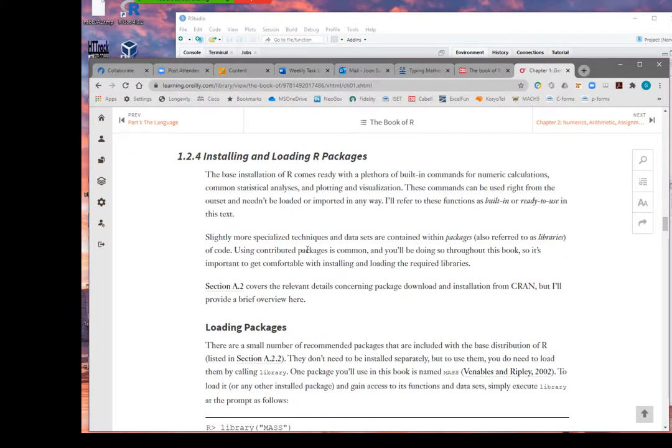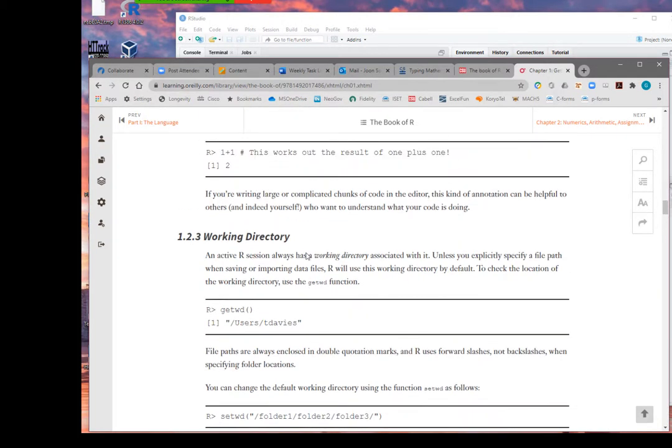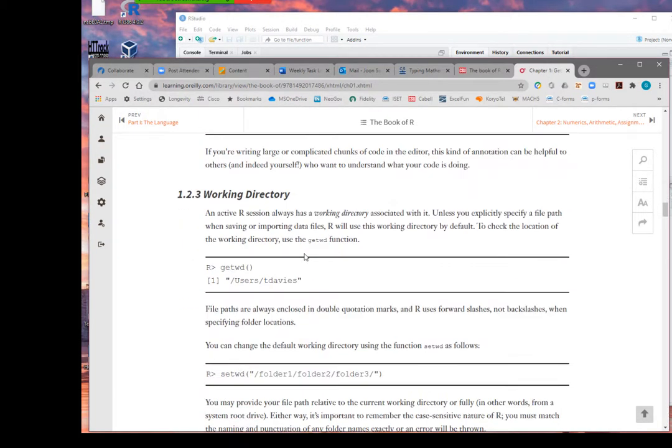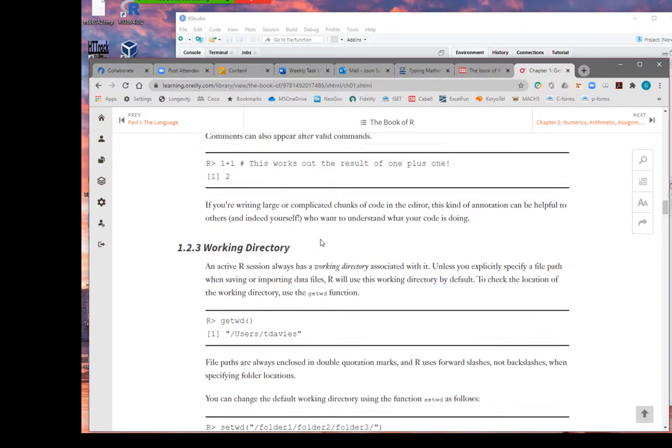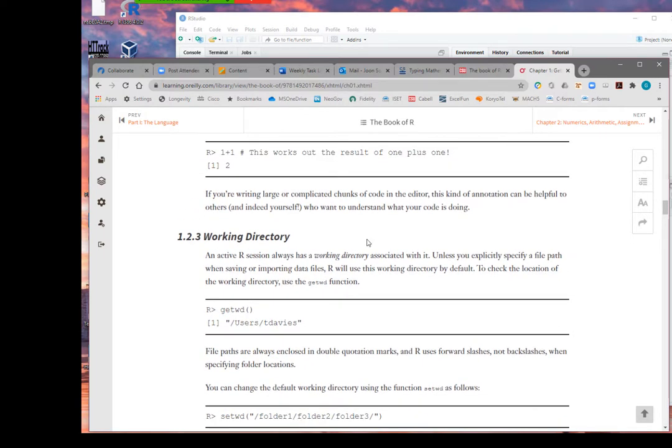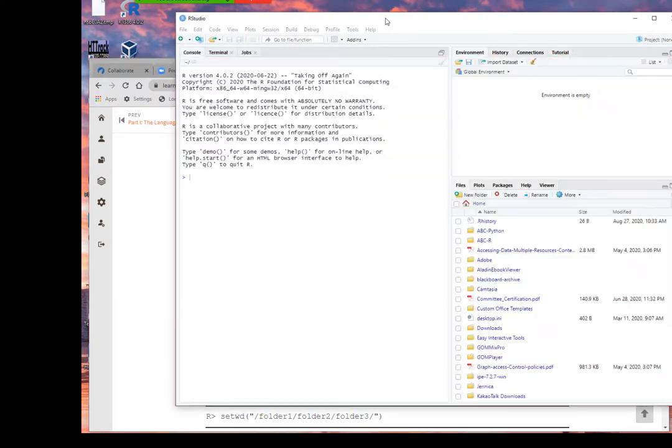Let's first talk about the working directory. Let me show you. To find out my current working directory, you have to use getwd, which finds the current working directory.